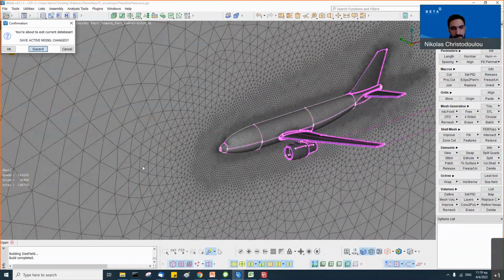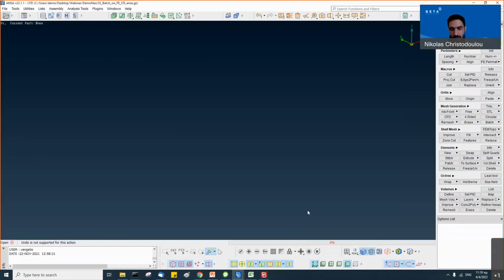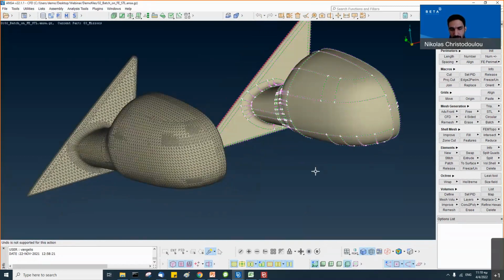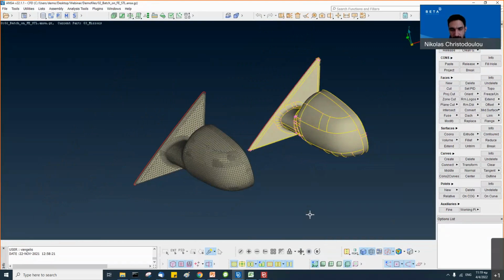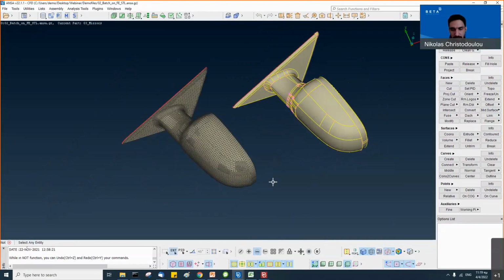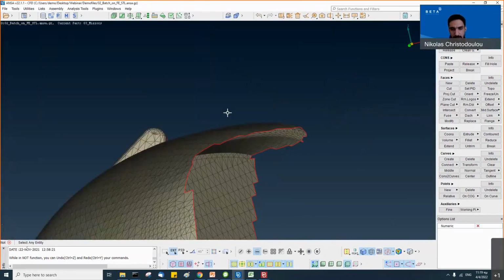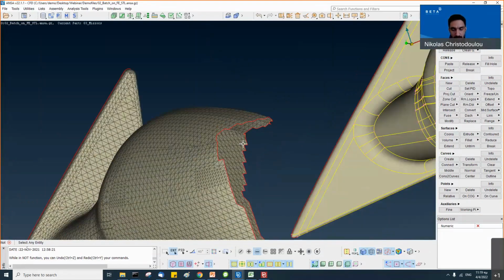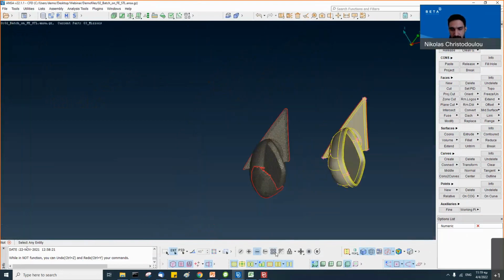Next, let's have a look at how we can now mesh tessellated data. So on the left, you can see a mirror that is actually using tessellated data. It's only elements.